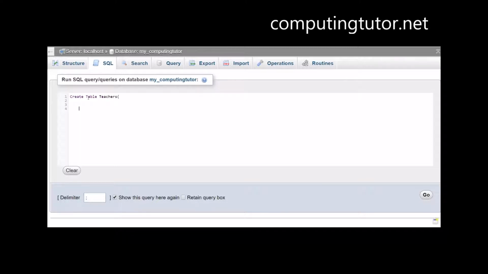Then what I'm going to do is open some brackets, and what I'm going to define here is my columns and the data types of those columns and any special things about those columns. Okay, so to begin with, I'm going to define a teacher ID, so a unique identifier for each teacher. So teacher ID is the name of the column. Then its data type. Well, if it's an ID, it's going to be an integer. So I type int,